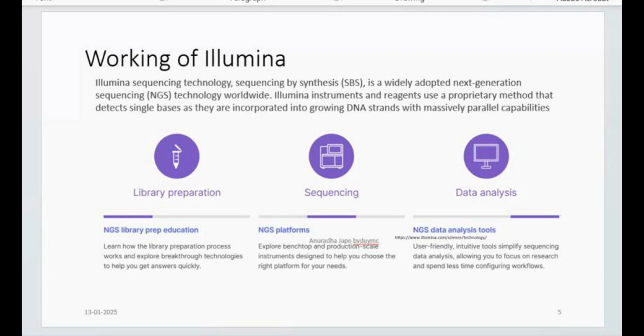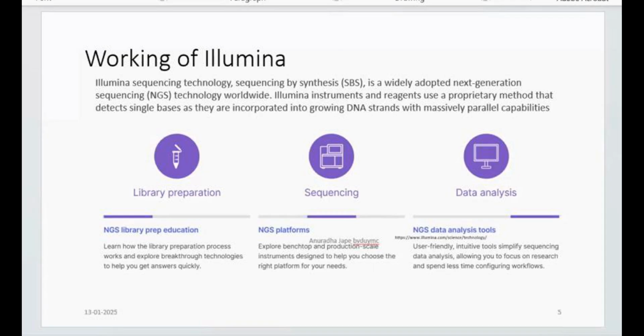That is template fragment. Then you are going to have fluorescent label. Then you are going to have a flow cell. Flow cell is going to have independent lanes, each lane for one library which is going to be sequenced, and multiple lanes are going to be sequenced parallelly. So genome analyzers are there.